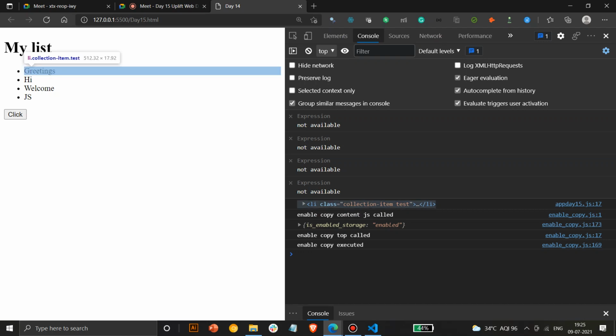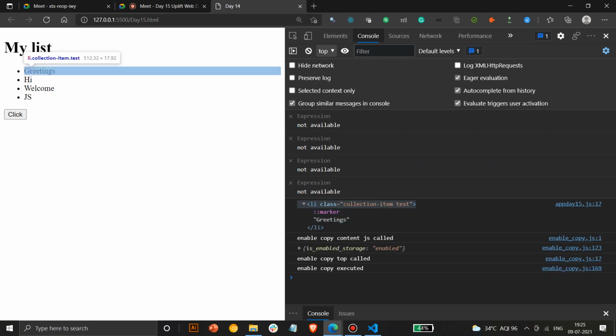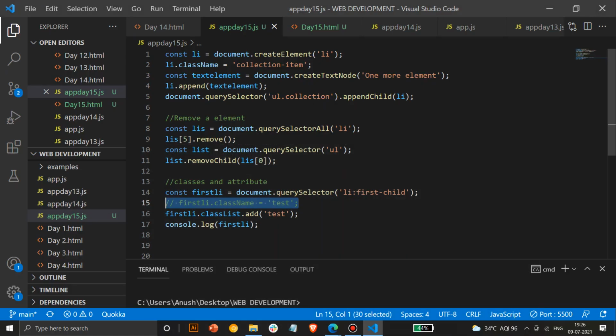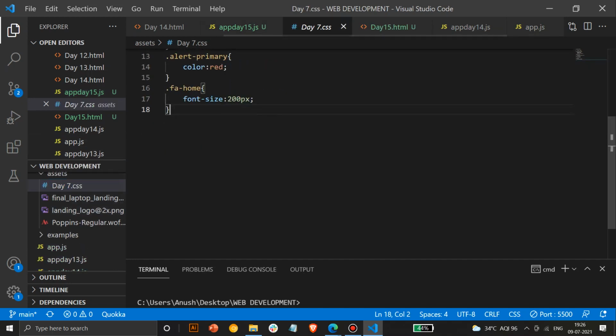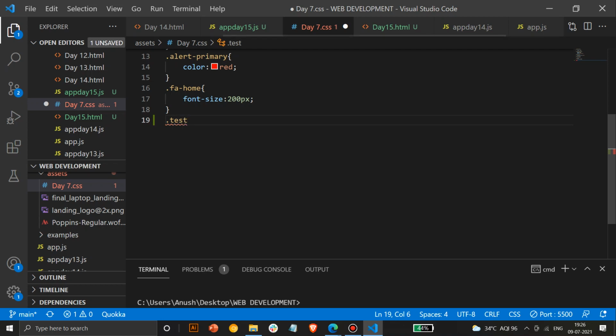So when you have to enable a dark mode and you want to add one more class to this existing element, like I want my font to become black, I add another class named black text. In dark mode the text becomes white or something like that. So in dark mode I'll make this color red. I'll add another class named test, and in the CSS file I'll create a dot test rule and add a color, so it becomes red.